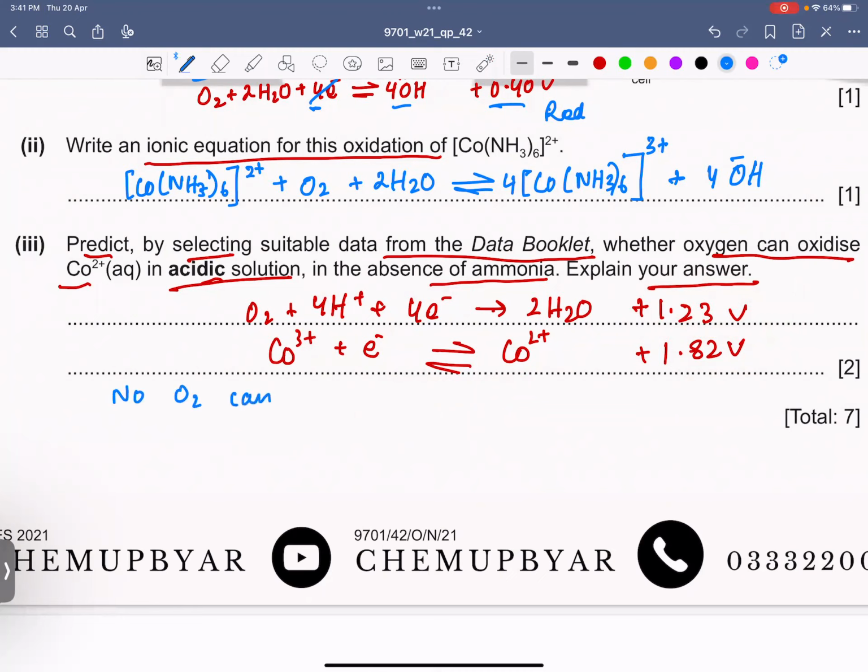no, oxygen cannot oxidize Co2 positive in acidic solution